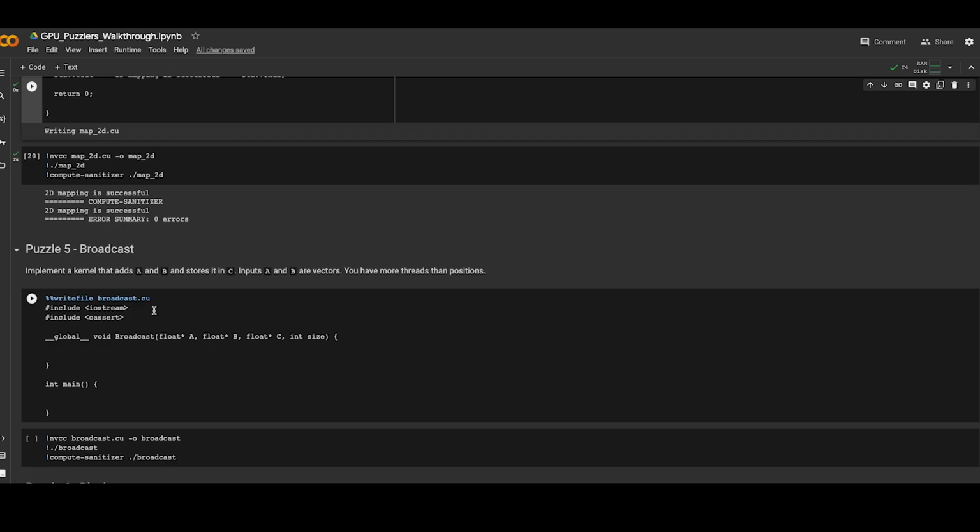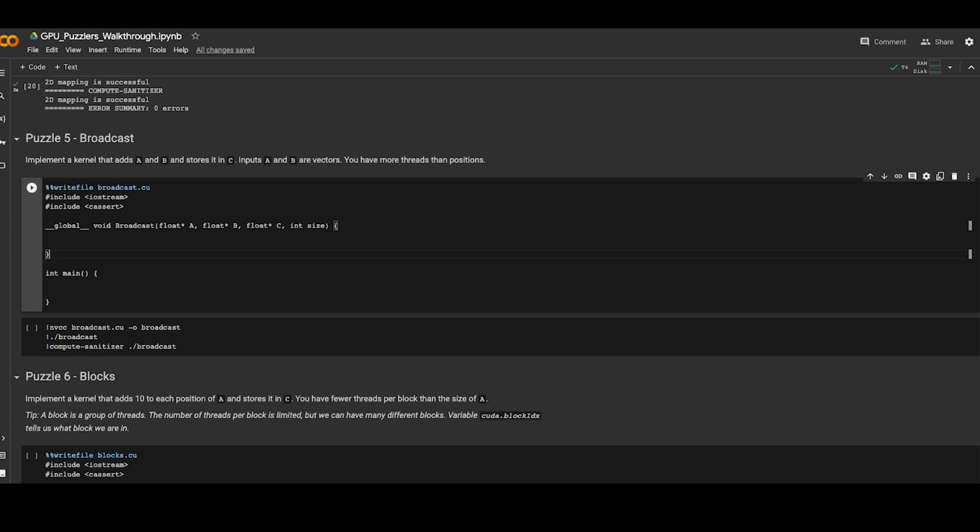And then we check and we make sure it's good. Yeah. So let's do broadcasting. Implement a kernel that adds A and B and stores it in C. Inputs A and B are vectors. You have more threads than positions. Again, super easy. However,